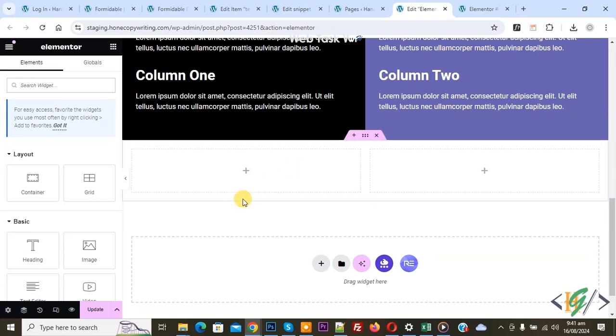Bismillahirrahmanirrahim. Assalamu alaikum. My name is Hassan and today we are going to display any code in Elementor WordPress like